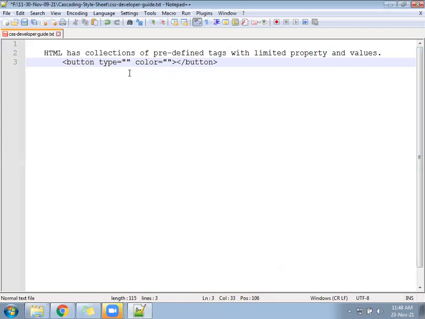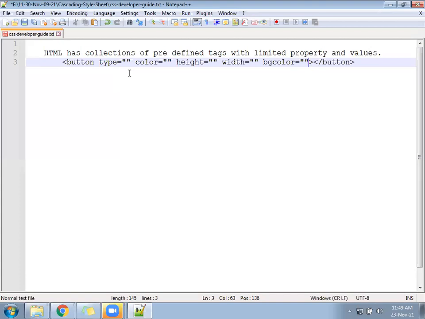No. Do we have height? No. Is width there? No. Is background color there? No. So how many properties are there? ID we have, type we have, class we have, but color is not there.